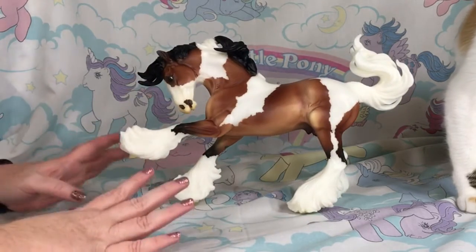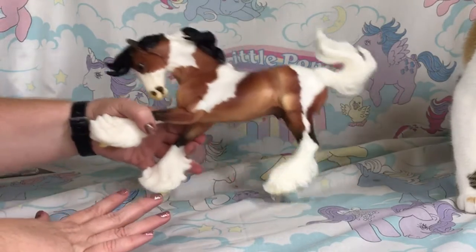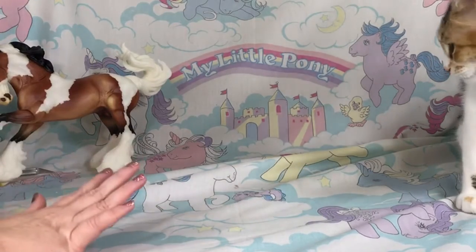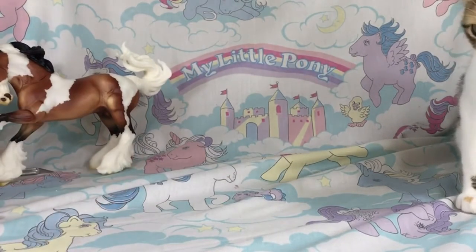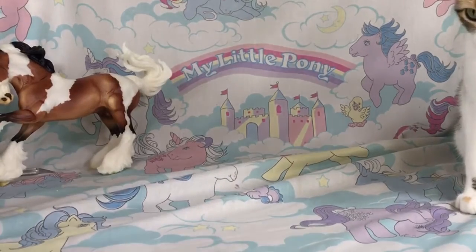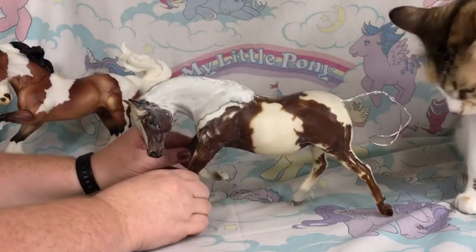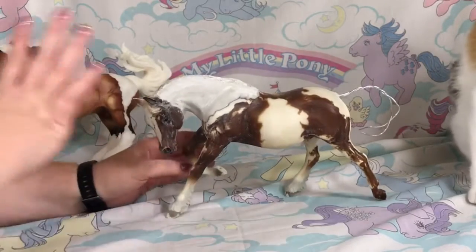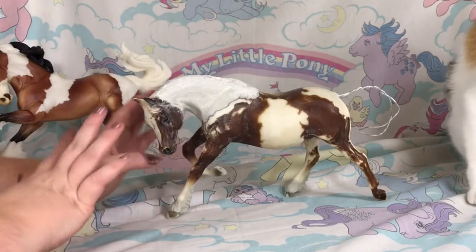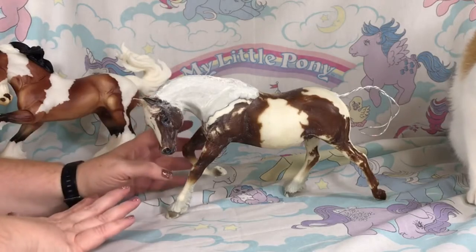So speaking of customizing, when BreyerFest happened, I did try my hand at some stuff, and I will show you real quick what I have. This is partially done, and I haven't been able to get back to her since BreyerFest happened, really. And I've never really done any model customizing at all. I took some sculpture classes in college,